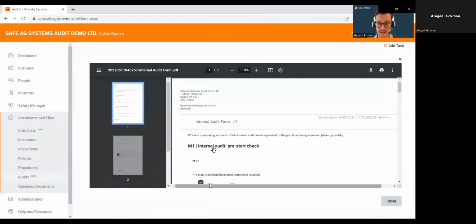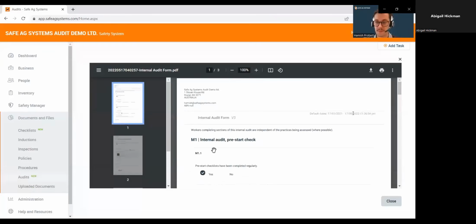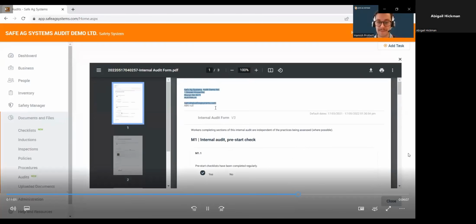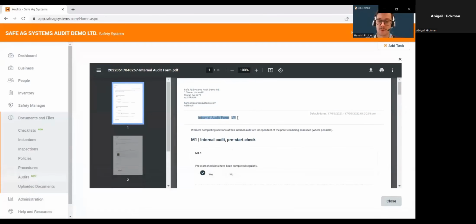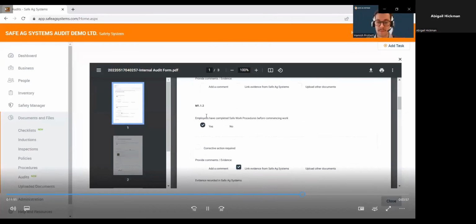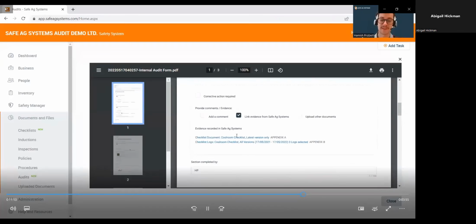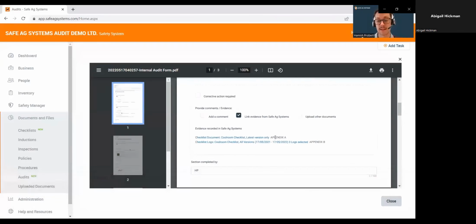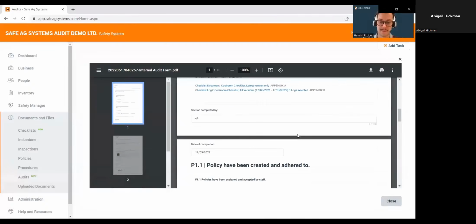So you can zoom in and have a bit of a look closer, but it presents as a PDF. It has all the information up here, the default dates that the evidence has been drawn from, along with the name of the form and the version that it's at. So here we can't click through on these links, but it shows that this has been attached and there's some evidence of it in the appendix.